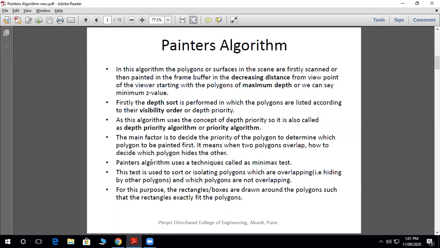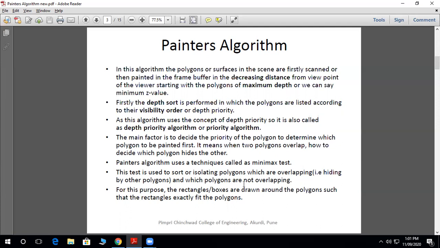For that, in the Painter's algorithm we are going to use a test known as the minimax test. This test is used to sort or isolate the polygons which are overlapping, that is hidden by other polygons, and which polygons are not overlapping.